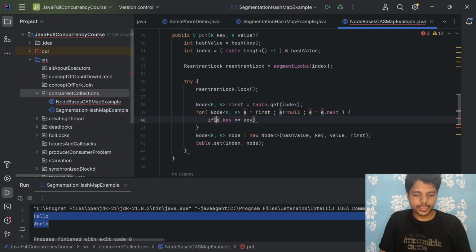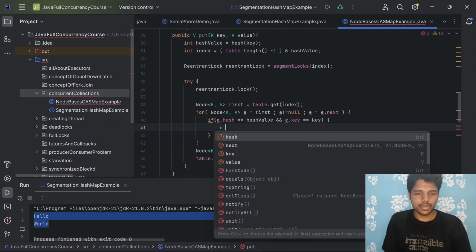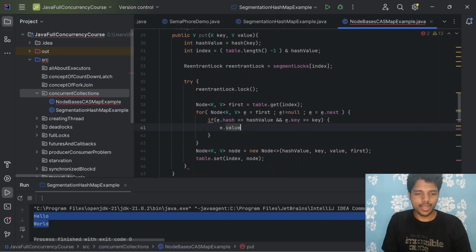And e.hash equals hash value. Now what we should do is e.value equals new value, and return